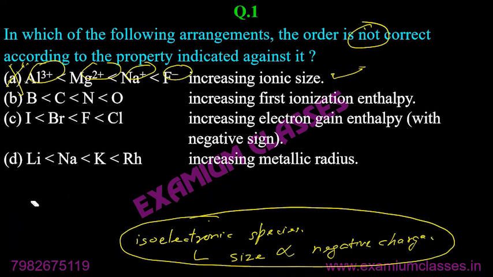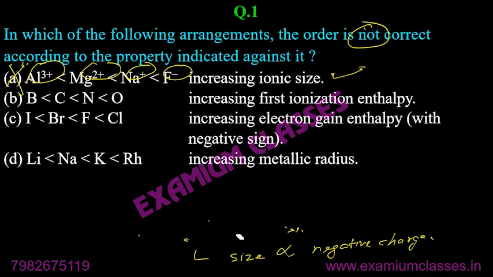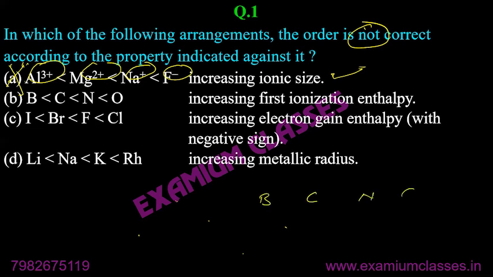Now the next one, boron, carbon, nitrogen, oxygen, increasing first ionization enthalpy. Now we are talking about increasing first ionization enthalpy, and it should be like boron, carbon, nitrogen, oxygen, because these are in this fashion in increasing order. After boron, you have carbon, nitrogen, okay, 5, 6, 7, 8. But